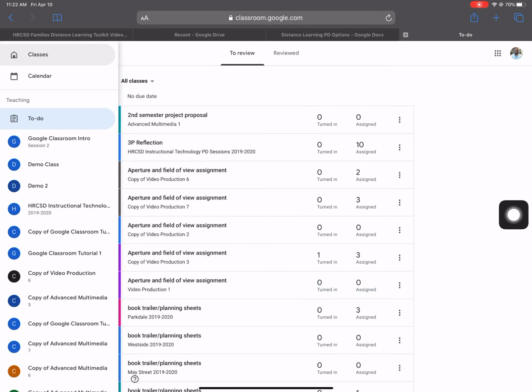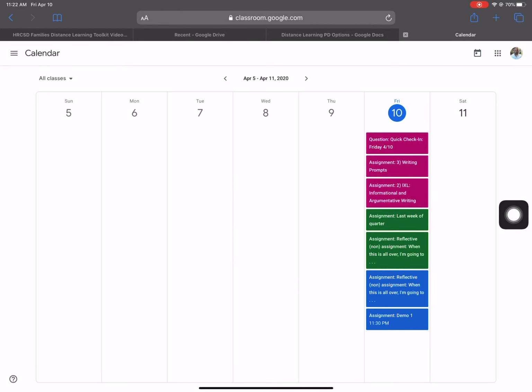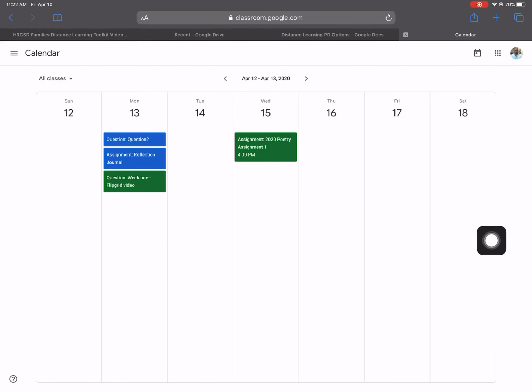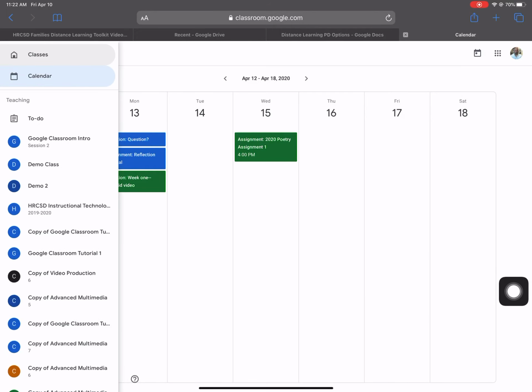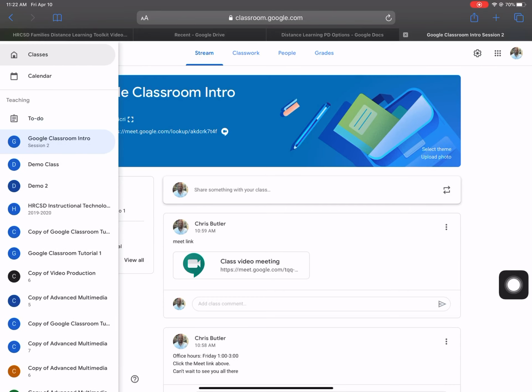And your calendar. And basically, sorry guys, this is assignments, only assignments. It doesn't show announcements, it doesn't show anything else like that, but these are assignments that I have due on specific days, and I can click here and go through my calendar to the next week and so on and so forth. So I want to encourage you to access your calendar and your to-do list. And that's kind of what